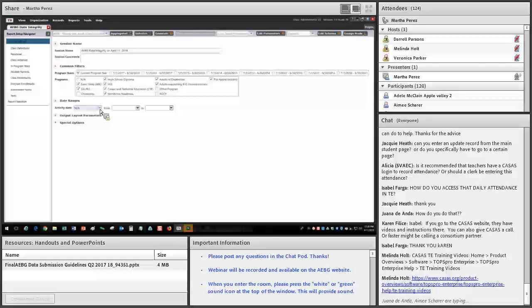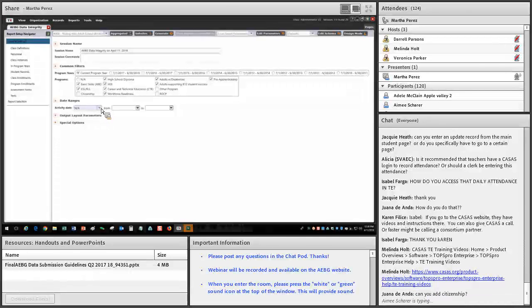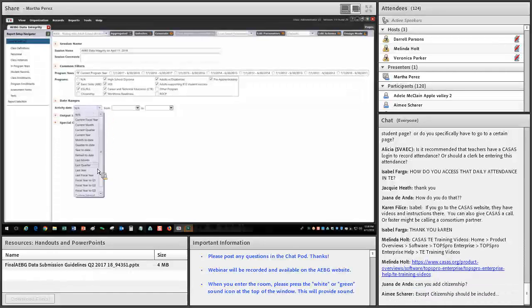All these that are checked by default are the AEBG default programs. So there's nothing to change in here. I wouldn't recommend making any changes. And the date ranges, I normally just generate it as is without being specific, but in this case we want